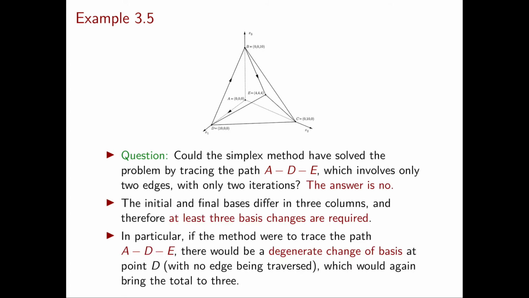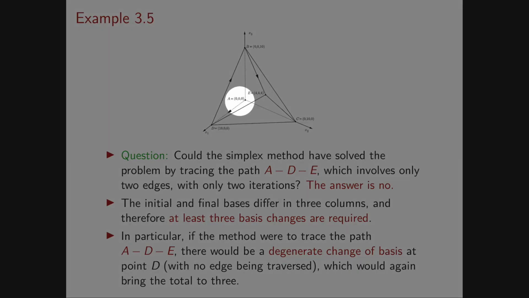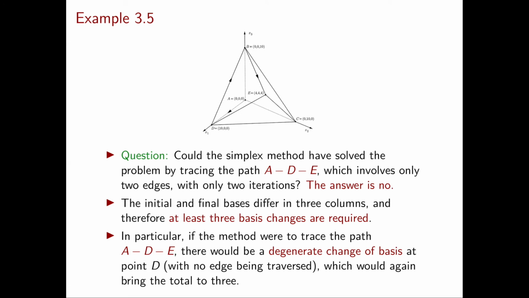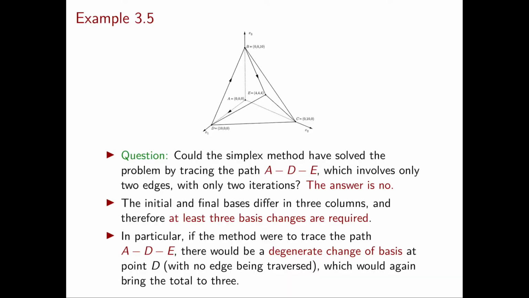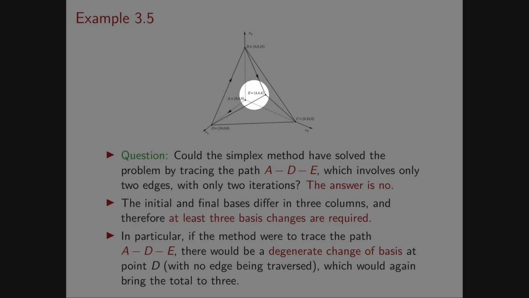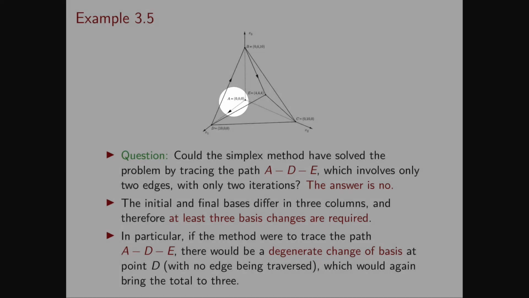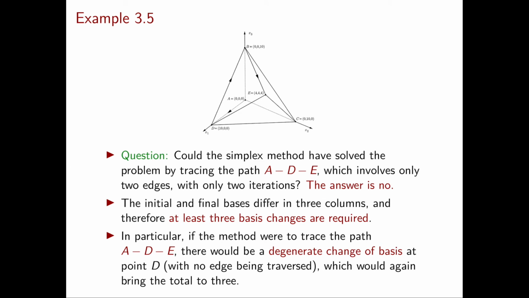How can you see that? If you remember, in the basic feasible solution A, the variables in the basis were all the slack variables, x4, x5 and x6. On the other hand, in E, the basic variables are x1, x2 and x3. Now we know that at every iteration of the simplex method, one basic variable leaves the basis and one that was non-basic enters the basis. So here, to go from A to E, we need to bring into the basis all three variables x1, x2, and x3 that were not in the basis in A. So we need at least 3 iterations.